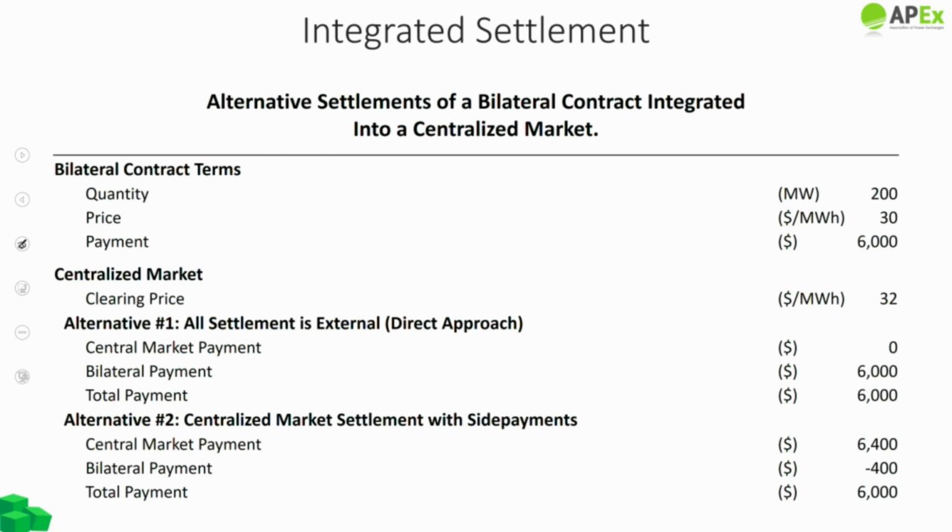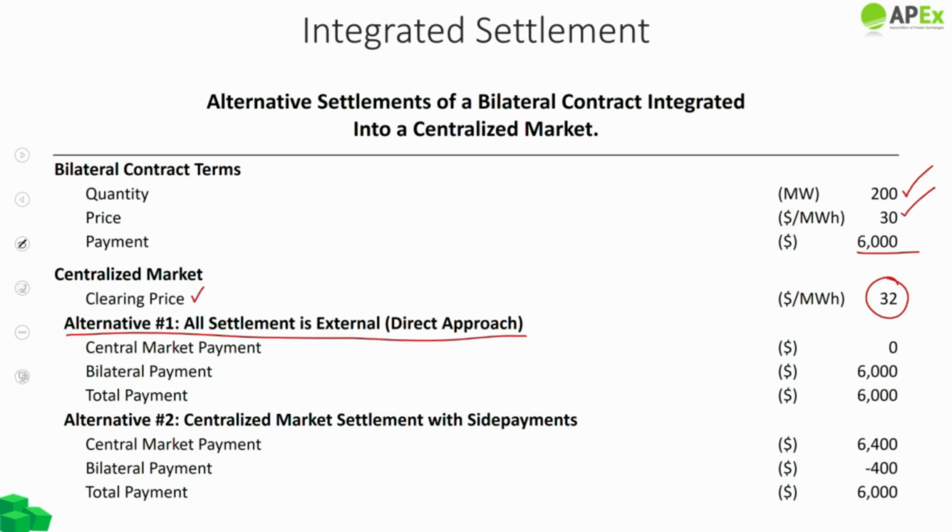This table describes two different approaches for a market where a bilateral contract is integrated in a day-ahead market. We have assumed that a generator has sold 200 megawatt at a contract price of $30 per megawatt hour, resulting in a total payment of $6,000. This contract is integrated into the centralized day-ahead market with the day-ahead clearing price of $32 per megawatt hour. In the first alternative,